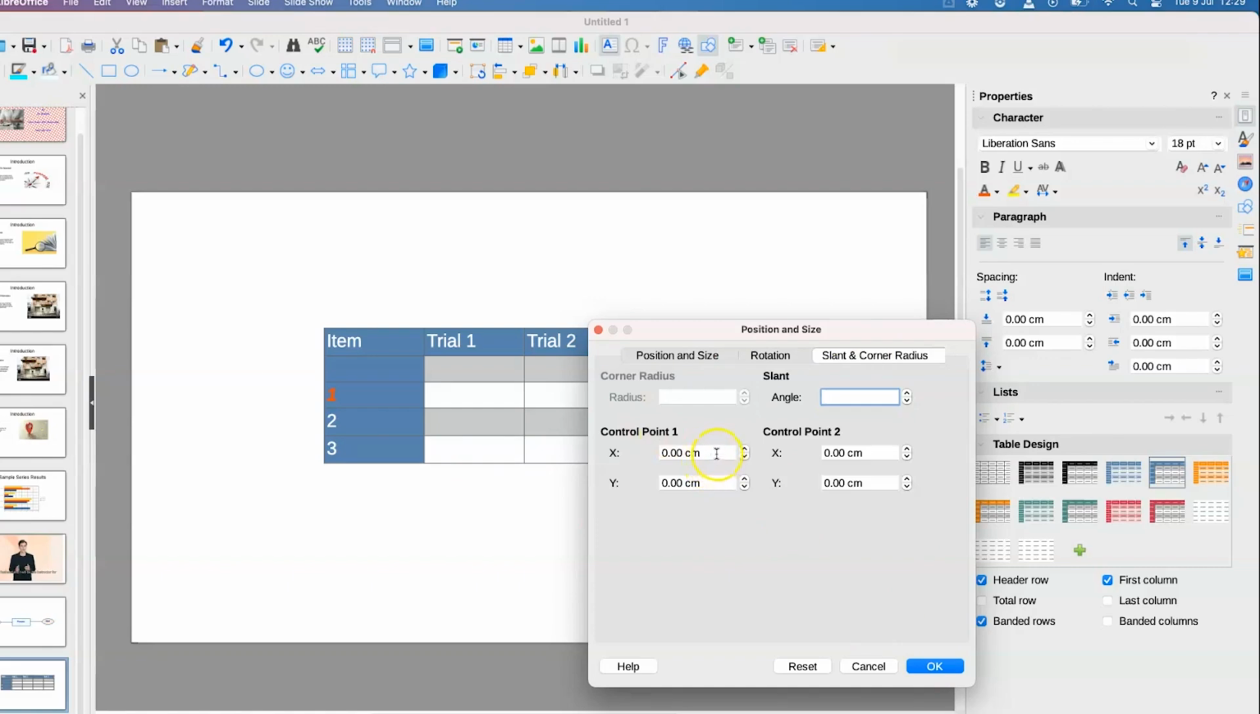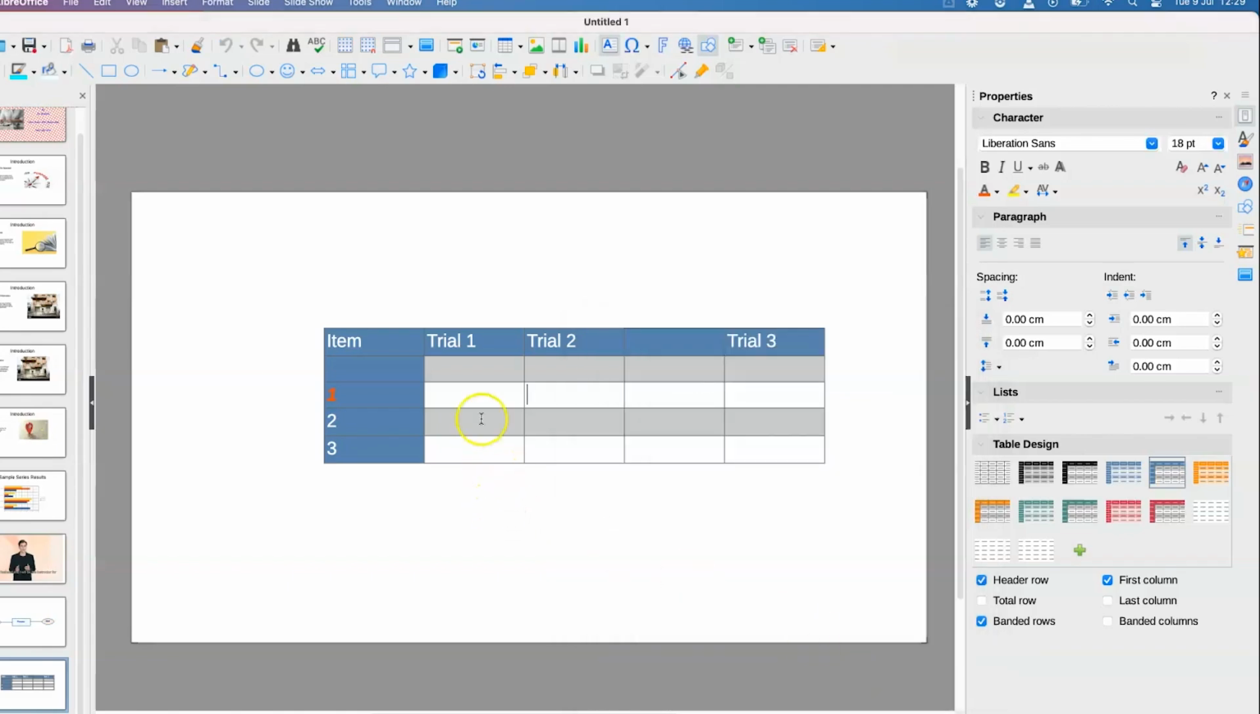Insert the slant and corner radius if you're interested. You can add the angle and so on. You can define all of this. But at this stage, I just want to keep everything at default. I can just cancel this, and whenever you have anything, you can always come to the table properties and click,